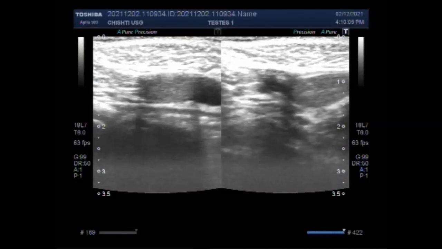A bulge in the groin area is visible because standing and coughing can make a hernia more prominent. You will likely be asked to stand and cough or strain. If the diagnosis is not readily apparent, your doctor might order an imaging test such as abdominal ultrasound, CT scan, or MRI. Now you can see this is the testes, this is the hydrocele, and this is the right testes.